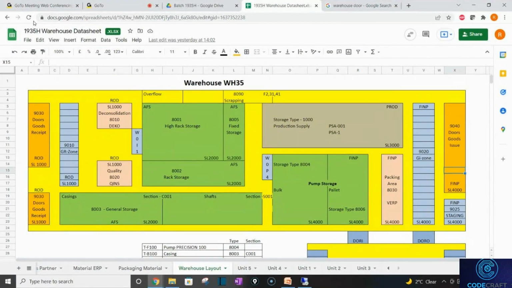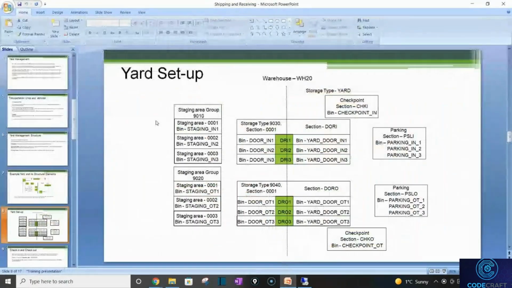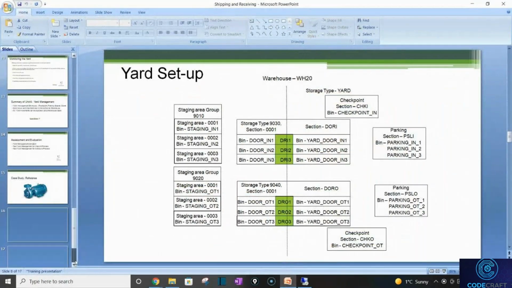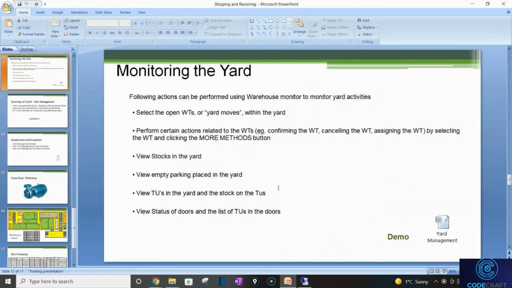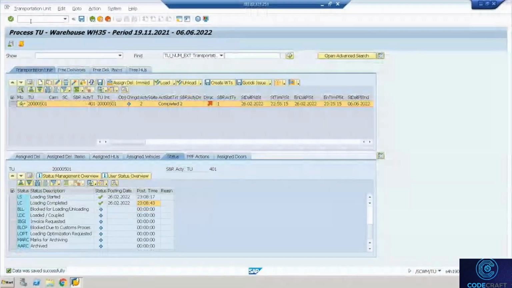So now, I think it's a logical point to stop. So we'll stop here for today. So do practice this yard process. All these things are mentioned, and step-by-step screenshots are available. But I would also like to mention one thing we didn't see today, which is parallelly checking the yard in the